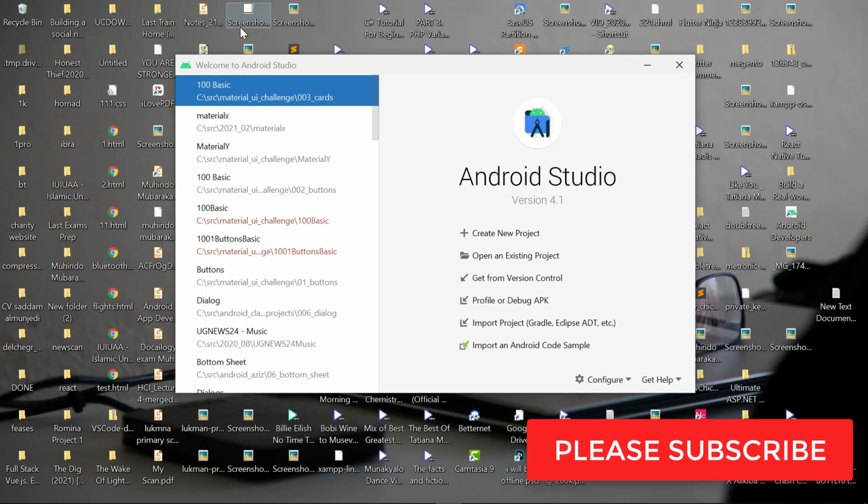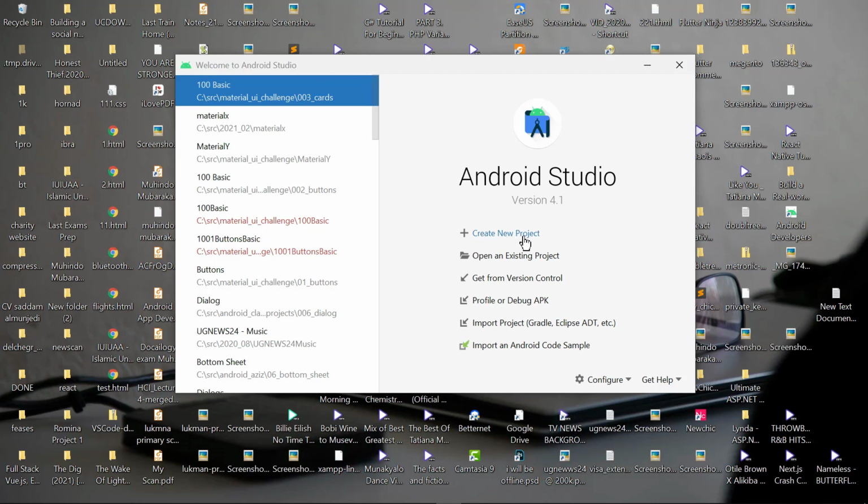For example, if the user is offline, a library like Glide will be able to cache that photo, and it can display it even when the user is offline. So basically that's what we're going to do today. So without wasting much time, I'll begin by creating a new project,